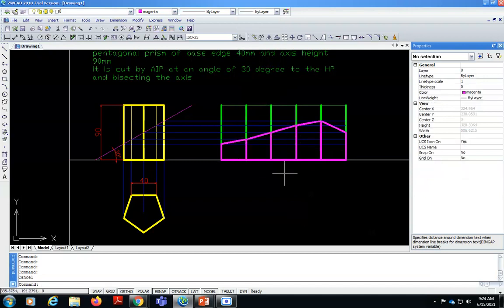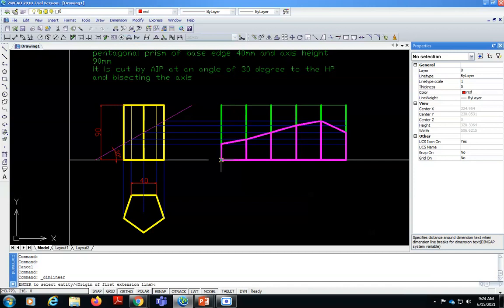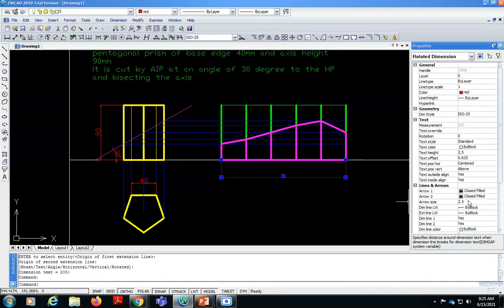So it will be looking like this. So this magenta colored section is the DLS for the prism. Here you can specify the dimensions as well. It is 200 mm.